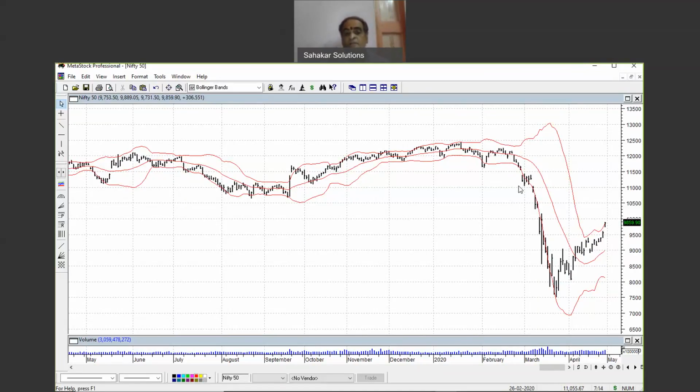Third rule is when prices move out of the bands, the present trend is likely to continue. You should very carefully listen to each and every word and understand it. The word used is likely to continue. It is not at all mandatory or compulsory. It is the most likely possibility. Here you can see when price moved out of the lower band, it went down for some time. And again, it went down from here to here, right? And again, it went down from here when the prices came down here. Like this, when prices move out of the band, the present trend is most likely to continue. That is the third one.